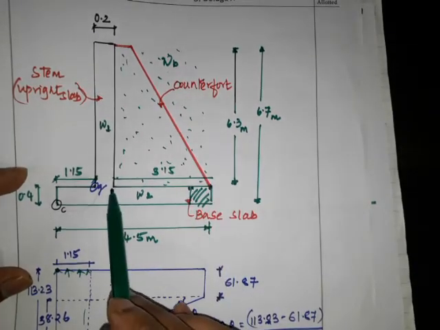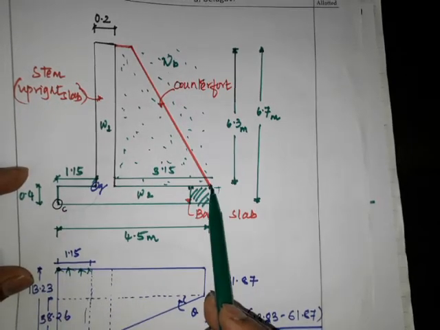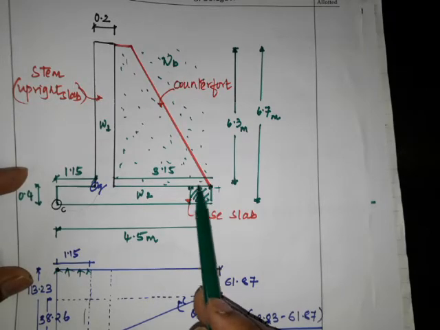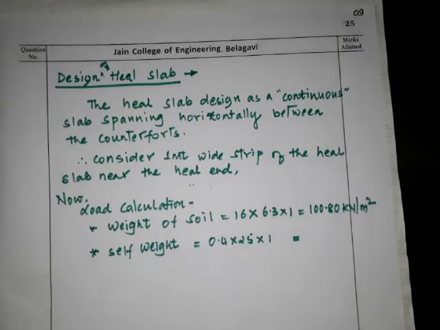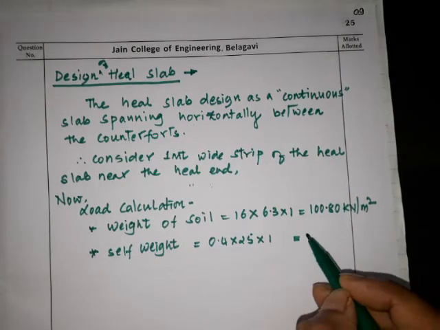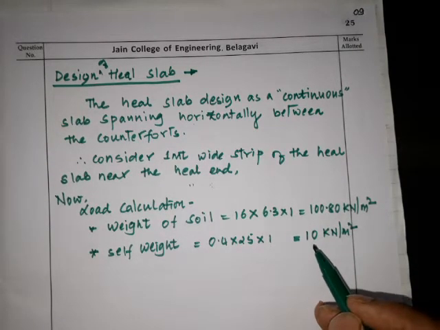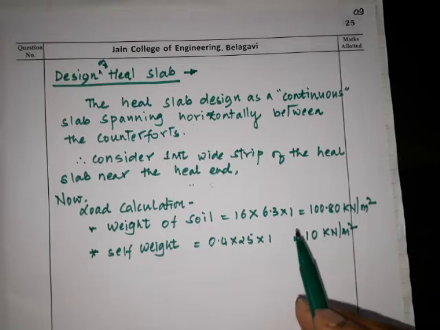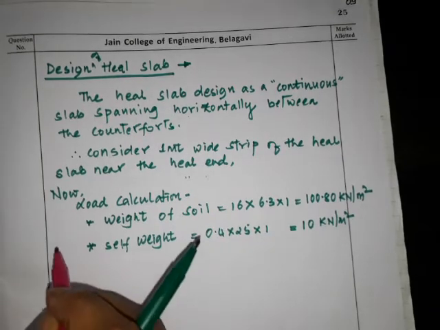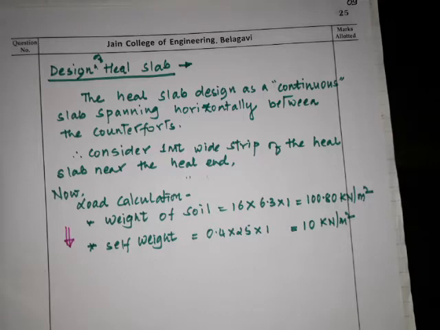Now next is self weight of heel slab. So the thickness is 0.4 here, what you can see. Then the density is 25, RCC cement concrete, into 1 meter wide strip. Understood? It is very easy to understand. So 0.4 into 25 into 1. So that is 10 kilonewton per meter square. Understood? So this is with respect to downward. Okay. I'll mark it like this. Downward. Now we have to deduct